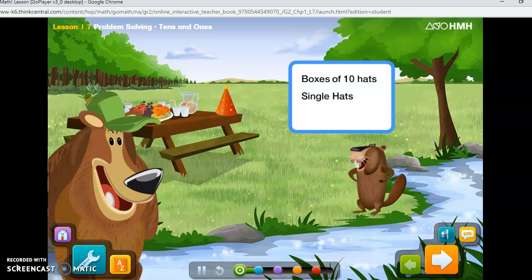Single hats. There will be 24 people at the party, so we need 24 hats. I wonder